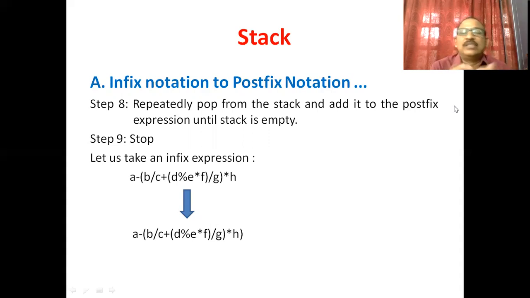The computer converts this expression into a postfix expression, or into a prefix expression. The first step in converting a given infix expression to a postfix expression is to add the right parenthesis at the end of the given infix expression. You can see it on the screen.